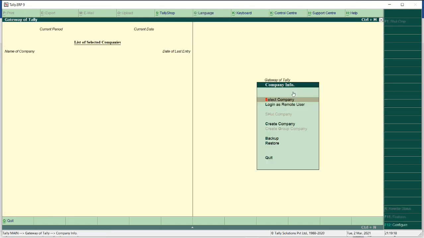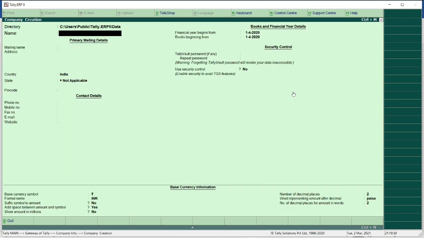Now that company has been deleted from the list. In this way you can delete the company. The shortcut key for deleting company is Alt plus D in the alteration window. After clicking on alter, you can delete the company by using Alt plus D.